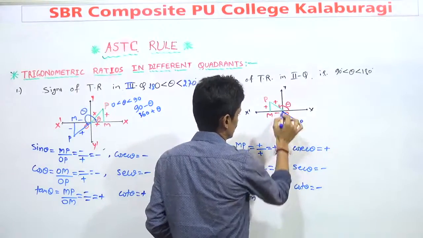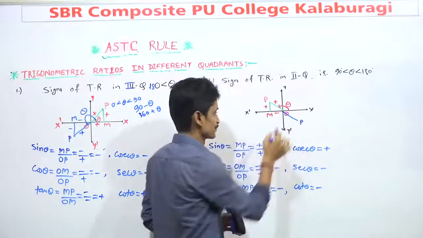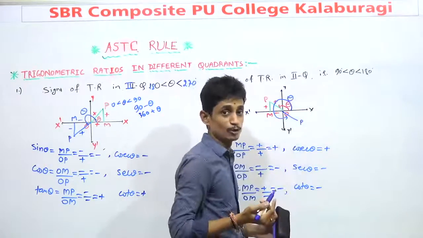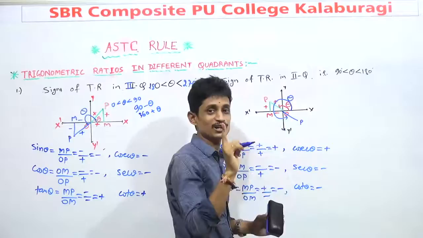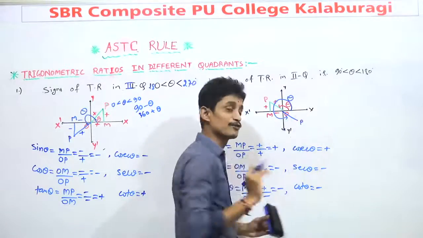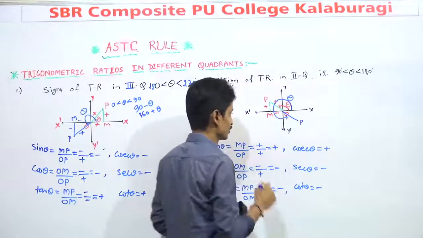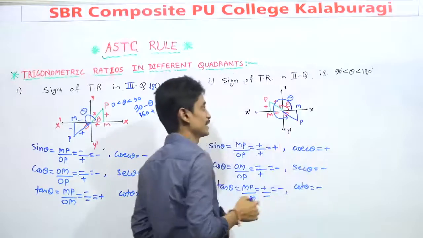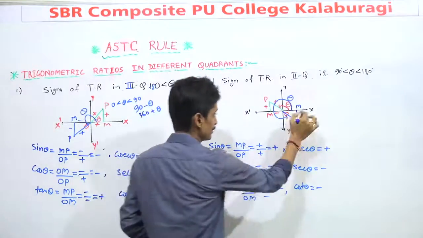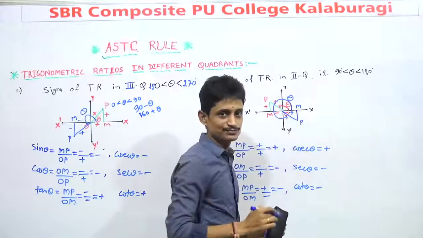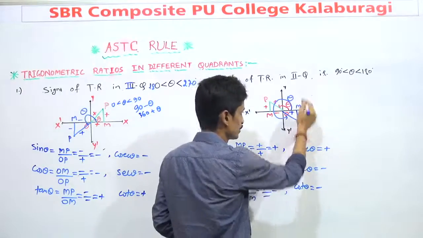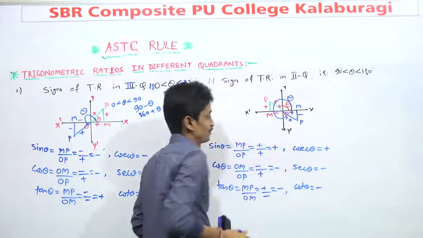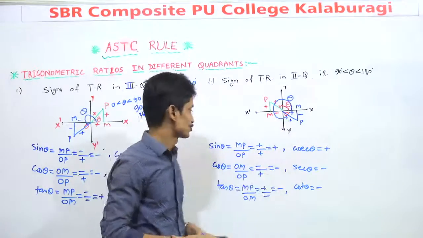Now the terminal side, that final position, the total change from here to here can be represented by theta. How many degrees, I don't know. It crosses 270 degrees, but it will be before 360 degrees. Now draw one perpendicular line, that is PM. Tell me, dear student, OM is the positive direction, right-hand side of the origin. MP is a negative direction, below the origin or below the x-axis. And the distance, the length OP, is a positive quantity.